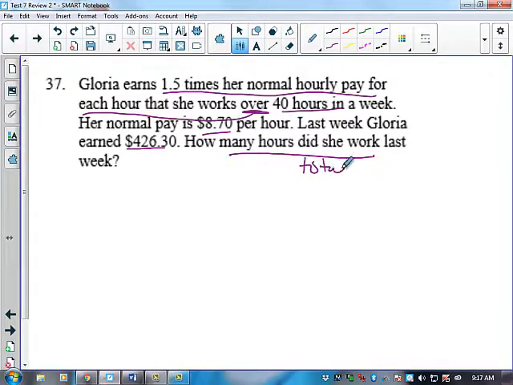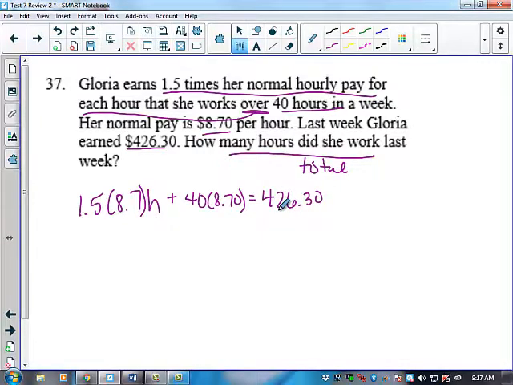This is the total, remember? So 1.5 times her normal hourly pay for each hour she works over 40 hours. So whatever she made, I have to add her overtime hours plus her 40-hour work week to get her total pay, which is 426.30. So 40 times 8.7 gives me 348, plus 1.5 times 8.7 is